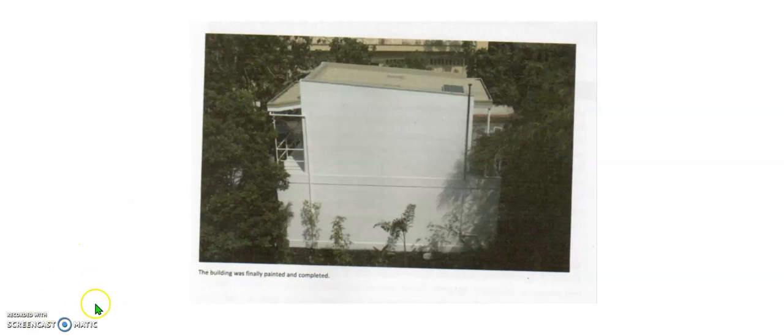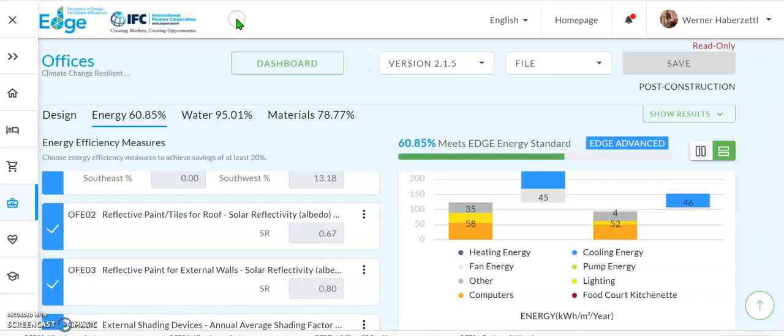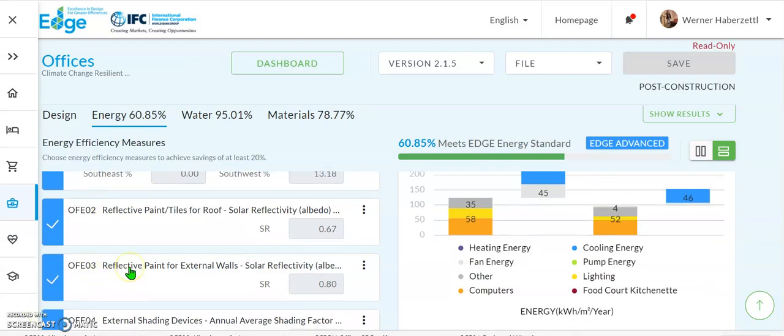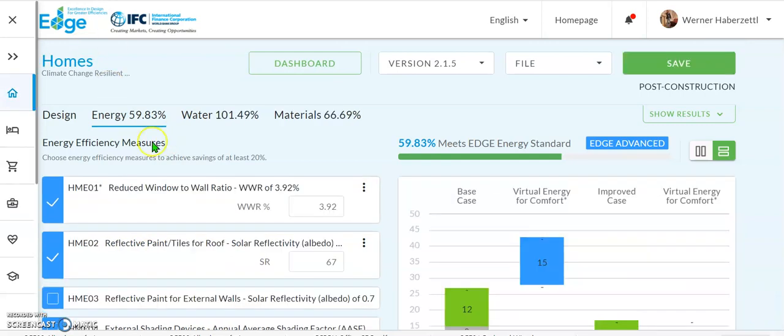Okay, let's go back on that one. So I showed you two, and now I want to show you one which is probably very interesting for you, which is